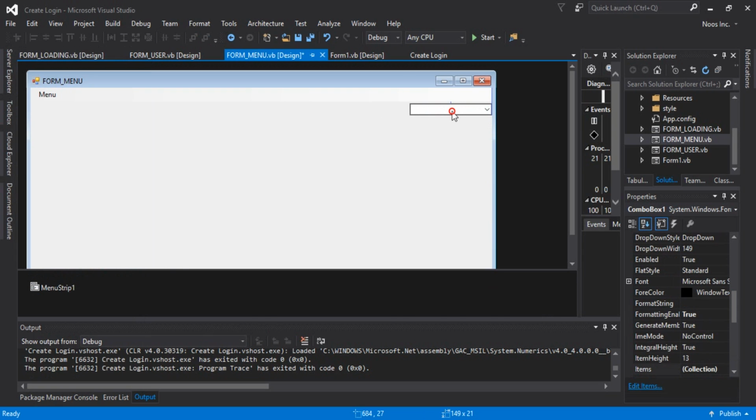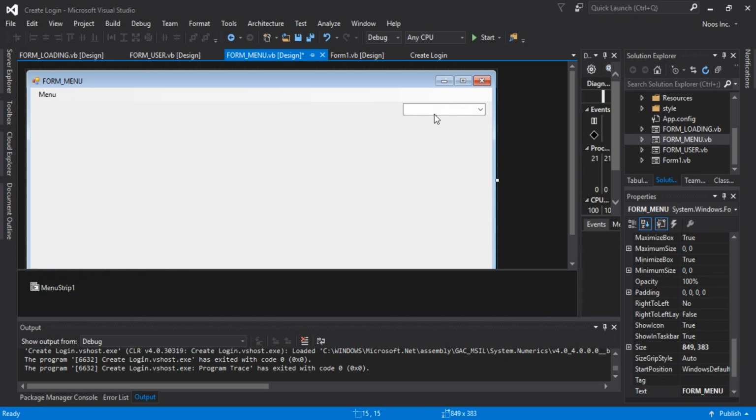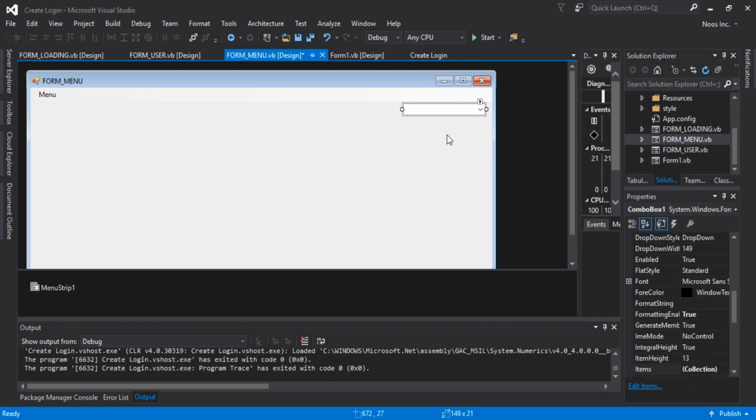In a real case, you must replace the combo box with a label, or something that can change the text or the field. Okay,